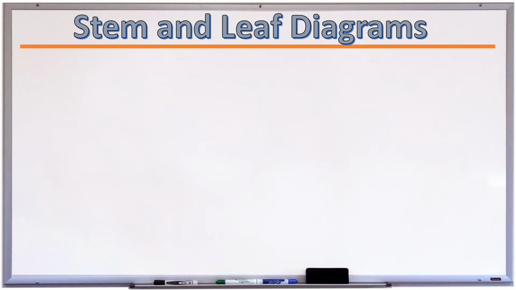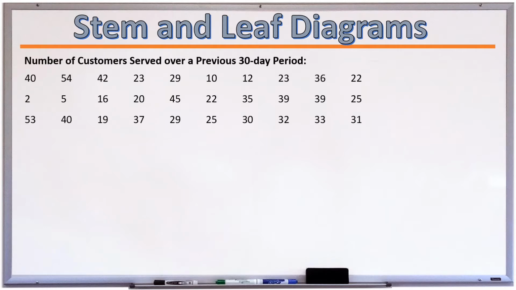The stem and leaf diagram. The stem and leaf diagram will be illustrated by means of an example. Example A. Let's say we were trying to predict the number of customers our restaurant would serve over the course